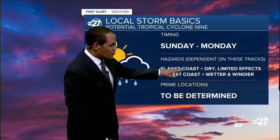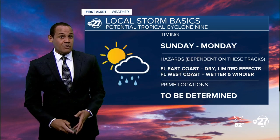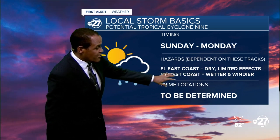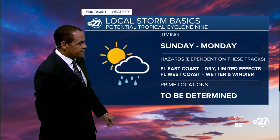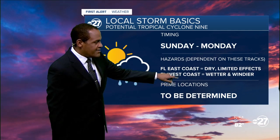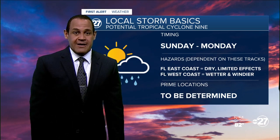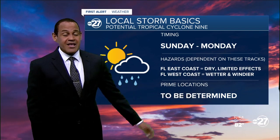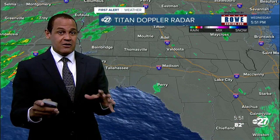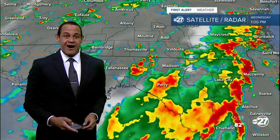So if it stays in the western Atlantic or maybe rides up the Florida East Coast, our local effects will be very minimal. We could actually have an enhanced drier trend. But if it goes into the west coast or the eastern Gulf, which is not impossible but is a less likely scenario, that would put us in a wetter and windier scenario, likely by Sunday or into Monday. So it's not a guarantee we're going to have worse weather from this system, and there are still many details to work out, especially once we get more fine-tuned, refined data going into